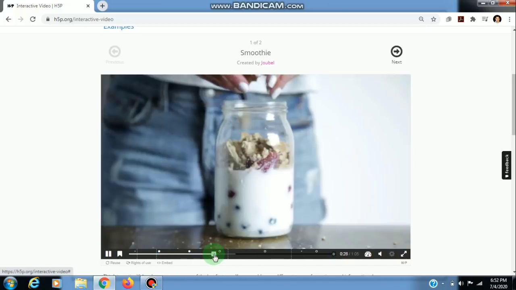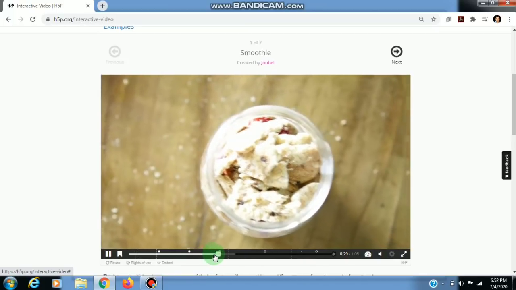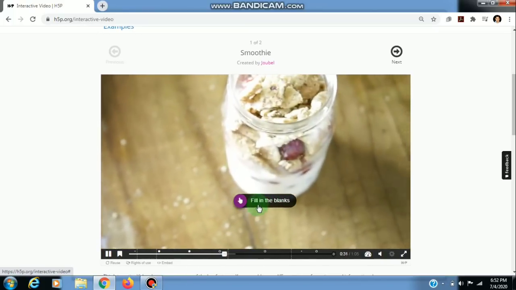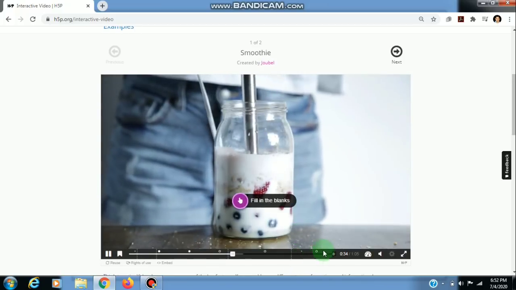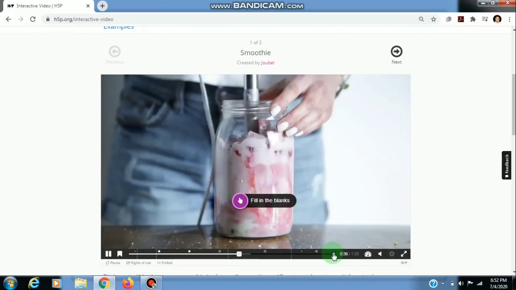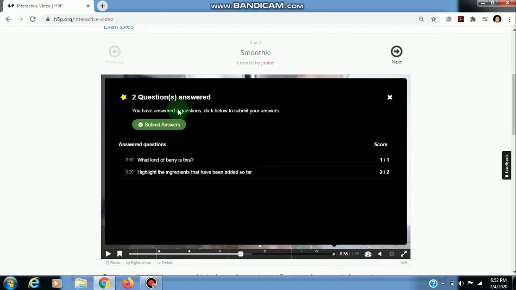So friends, we can see here that as the node appears, it means there is a question and we have to answer. This is a fill in the blanks question. Fill in the correct ingredient. Strawberries and berries are mixed with whatever the answers are, we can put them. At the end of the video we can see the summary, what we have answered, and the answers given by us. So this is the example.